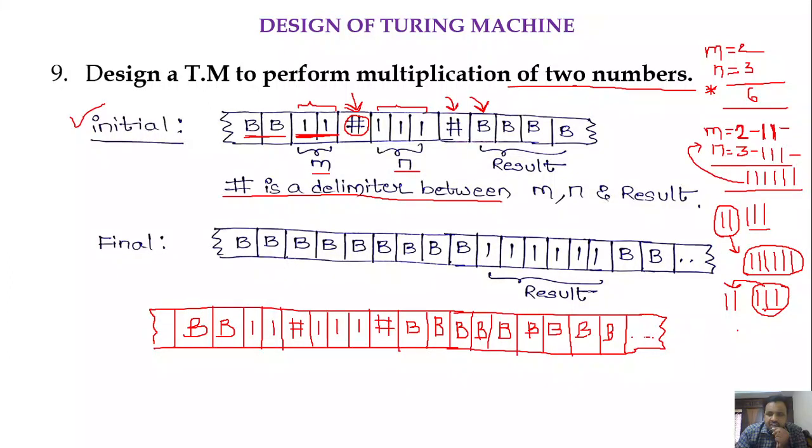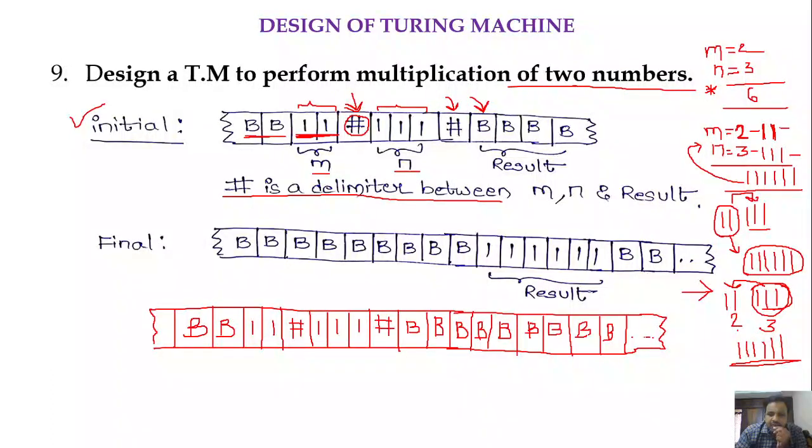So here what is the n value? We are having 3. So if we represent these three ones two times, then it is going to give the result of the multiplication. So one is that you have to repeat the pattern of m n times, or you may repeat the pattern of n m times. In any of the cases you are going to get the result of multiplication, right? So here I am going to use this logic 2, where I am going to repeat the pattern of n m times.